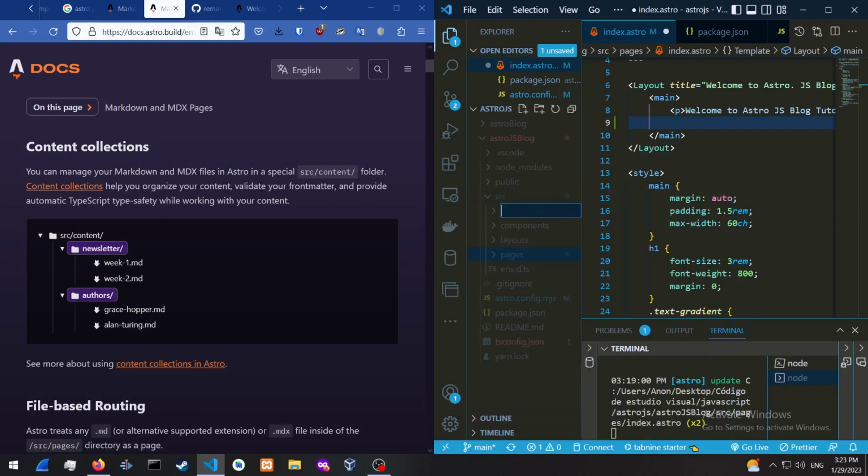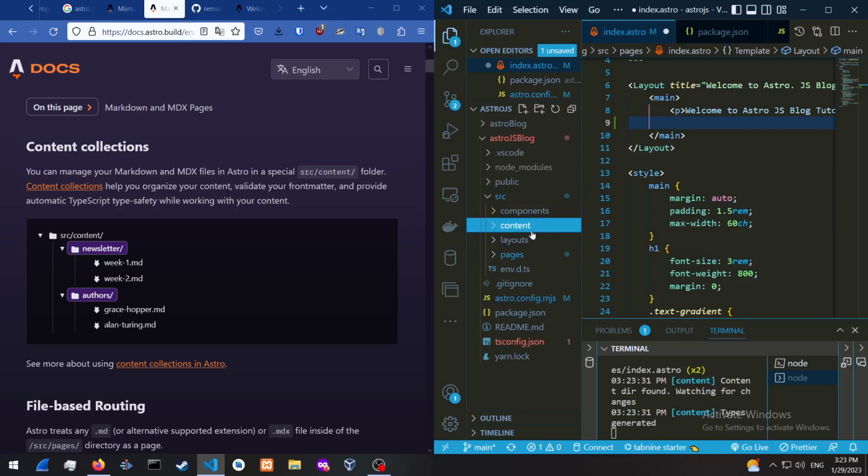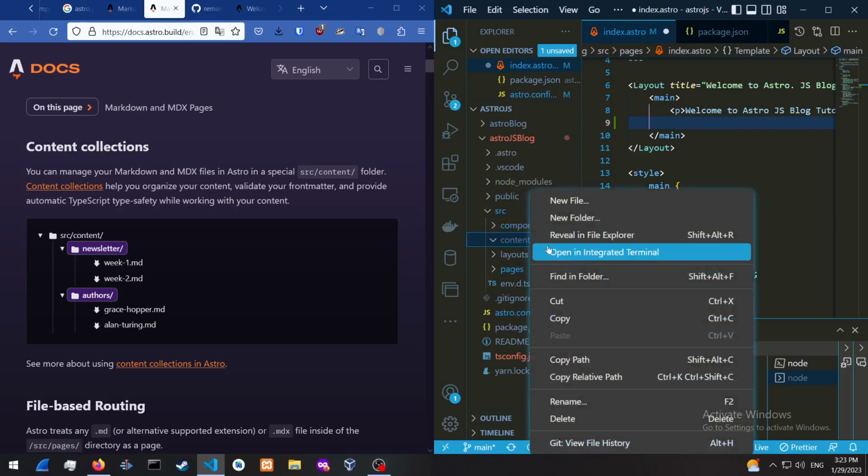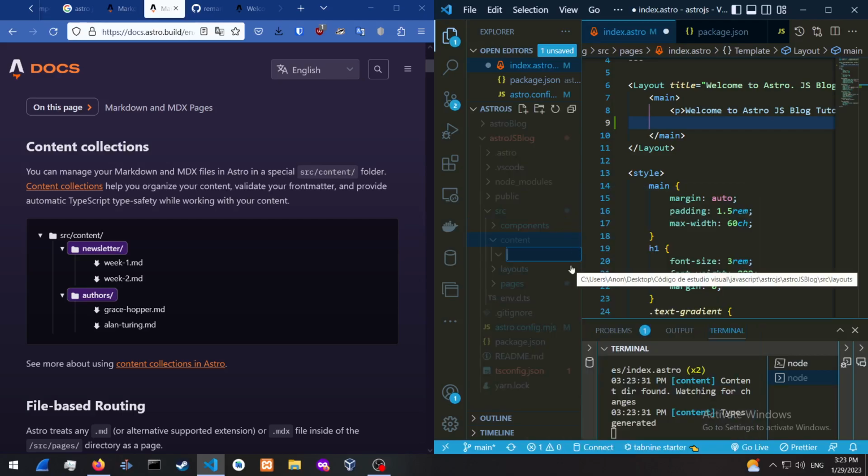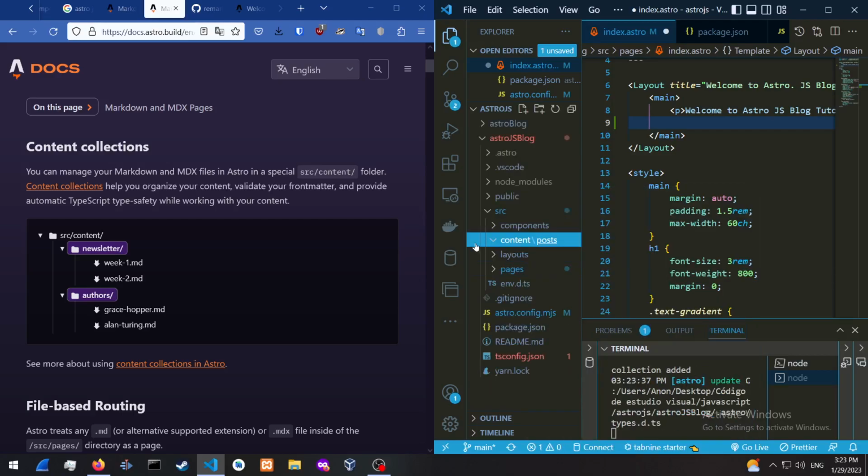Today we're going to be talking about content collections. Just go into your source folder, create a new folder, and call it content. Inside it, let's create a new folder called posts, and then let's call it authors,